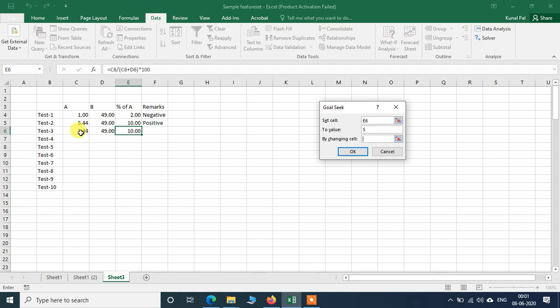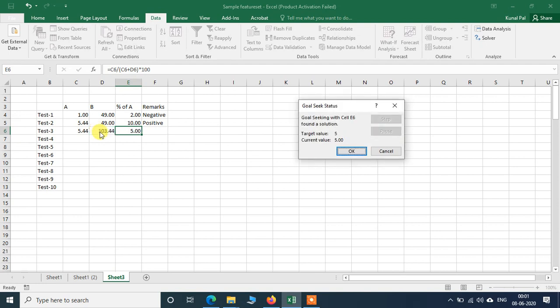Now we are trying to come down to a lower percentage. So what happens? We have to increase the percentage of B. So which one should we change? We will be changing the cell of B. Say enter.